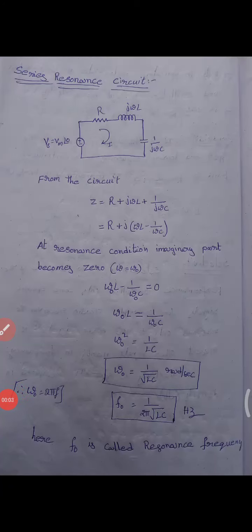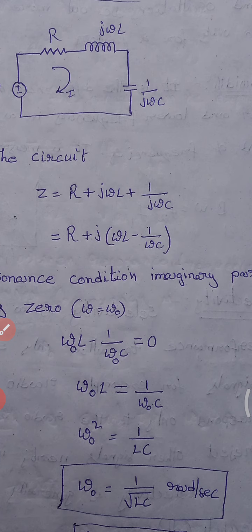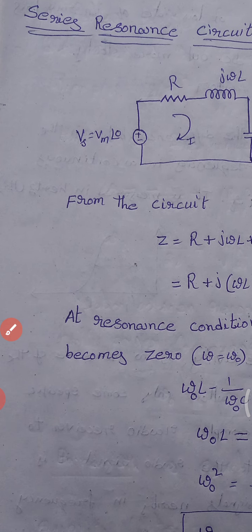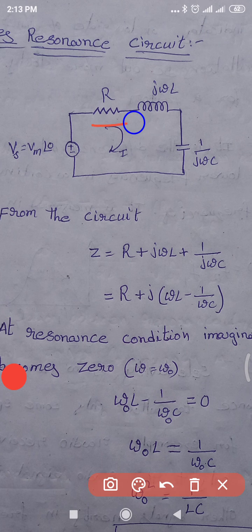Good morning, students. In today's class, we are going to discuss the series resonance circuit. In a series resonance circuit, let us consider a resistor having the value of R, an inductor having the value of L, and a capacitance having the value of C connected in series as shown in the figure, and the circuit is excited by an AC voltage source